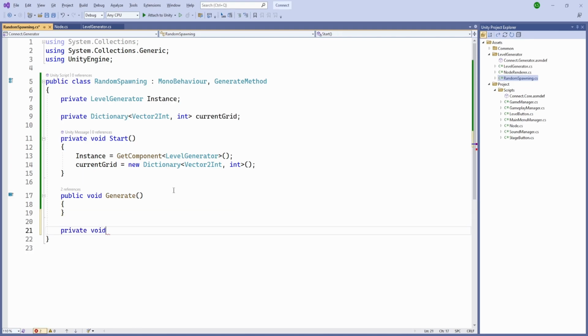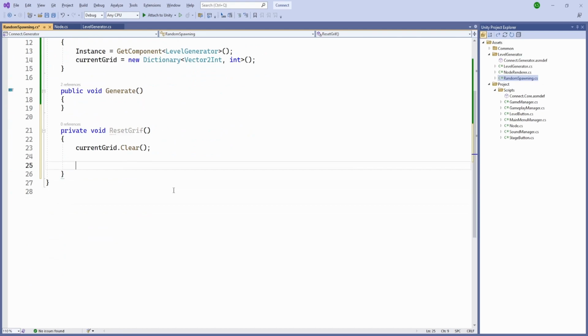So let's create our private void reset grid function, and in our reset grid function what we are going to do is we'll first clear it, and